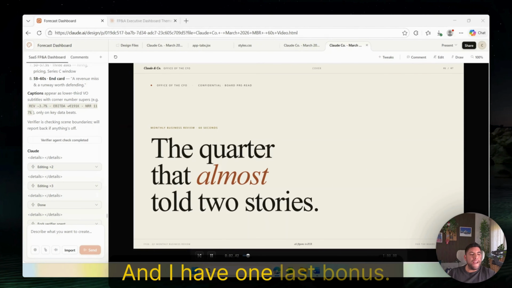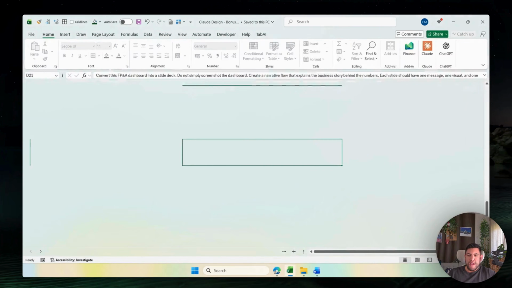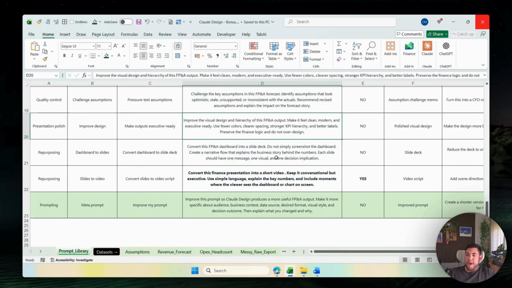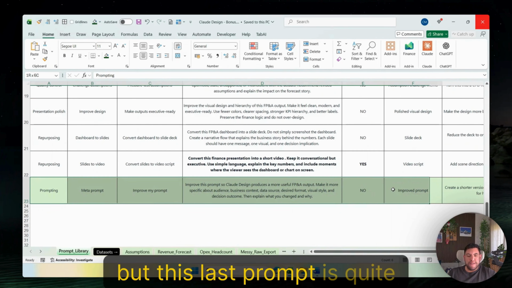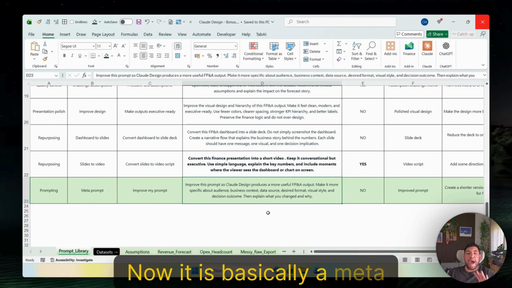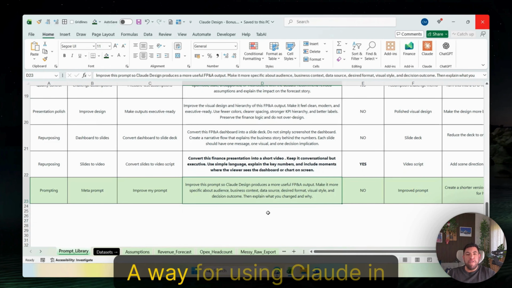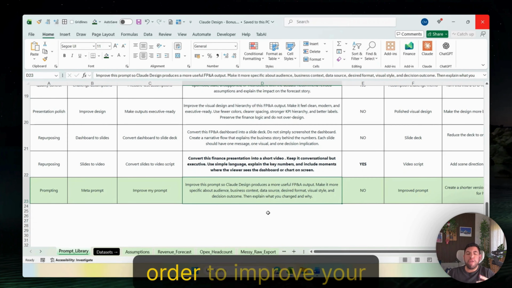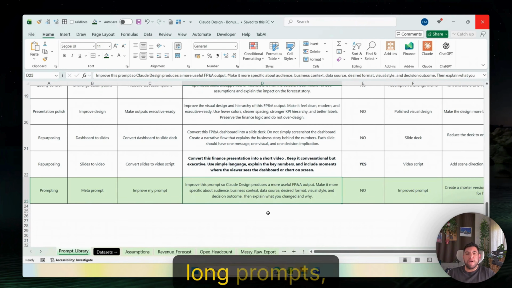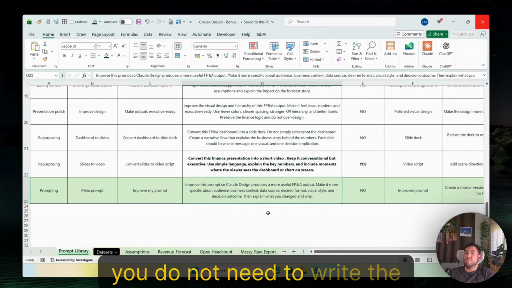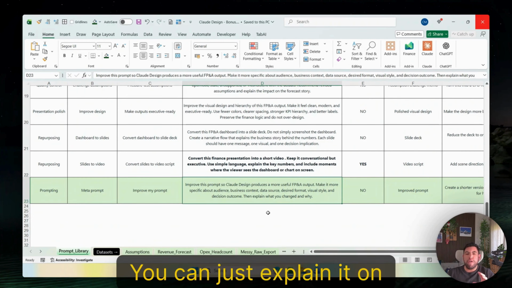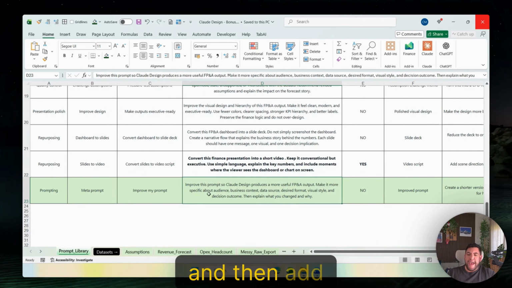And I have one last bonus. So you will be receiving this prompt library. But this last prompt is quite special. Now, it is basically a meta prompt, a way for using Claude in order to improve your prompting. When you see all of these very long prompts, you do not need to write the whole prompt on your own. You can just explain it in your own words and then add these